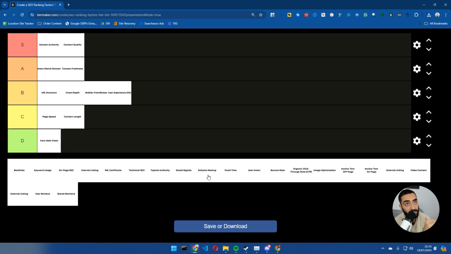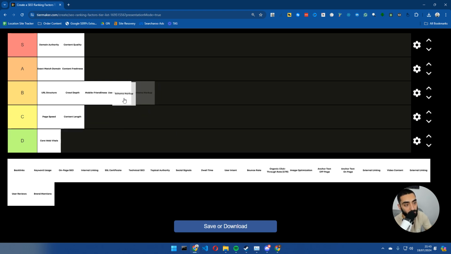Again, do I think that it will jump you from position 5 to position 1? Absolutely not. Do I think that it will help in other factors? For example, if you have product and review schema, sometimes you get the stars, and that does improve click-through rate through to your website. So again, it's probably one of those things where I'm going to put this middle of the ground. I do think that it will definitely have some form of an impact, but it's not going to be a game changer, if that makes sense.